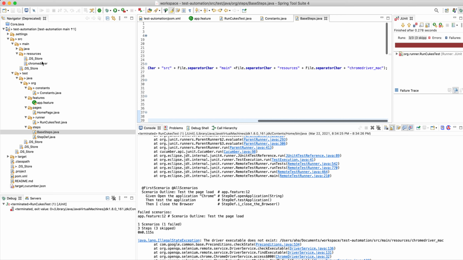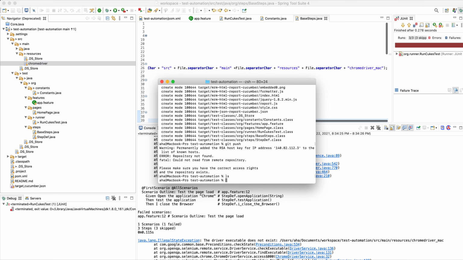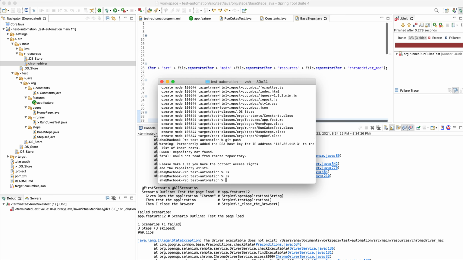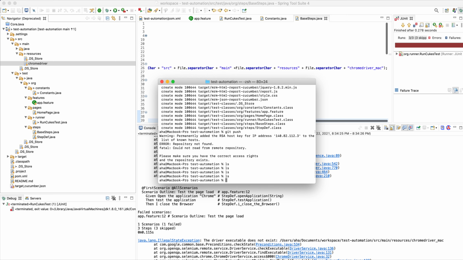Okay, I got it. This is not for you. I'm fixing it in my local. This is because I'm using Mac. I'm fixing my driver issue, but you won't have any issue at all. Don't try to do this.